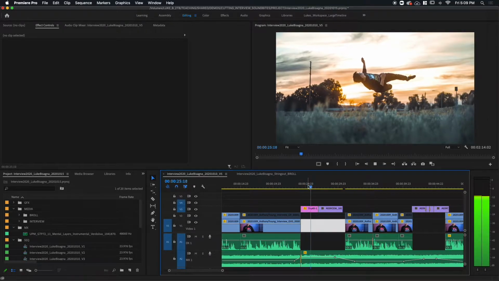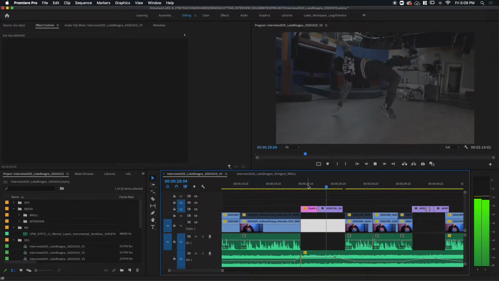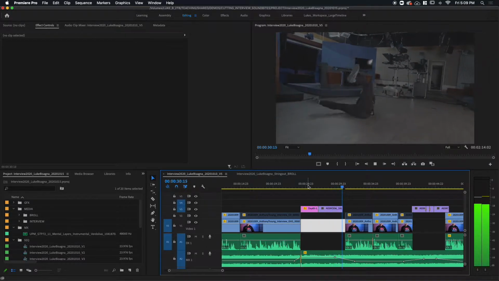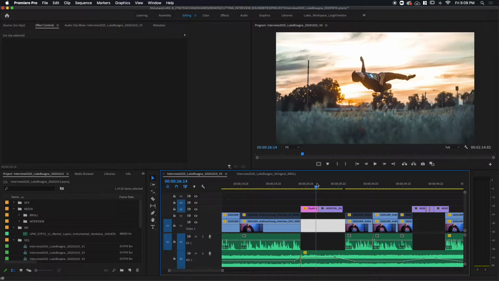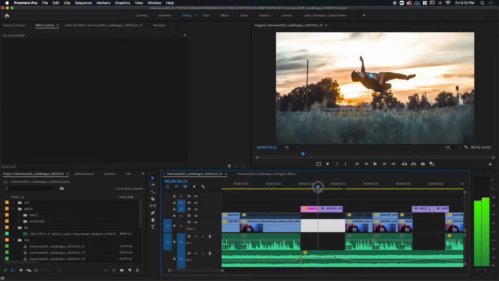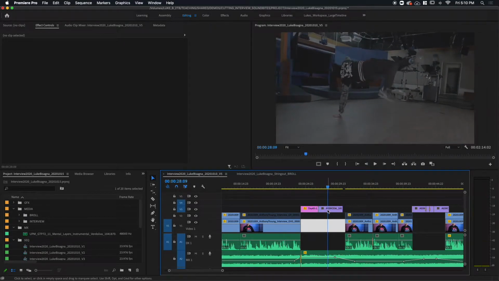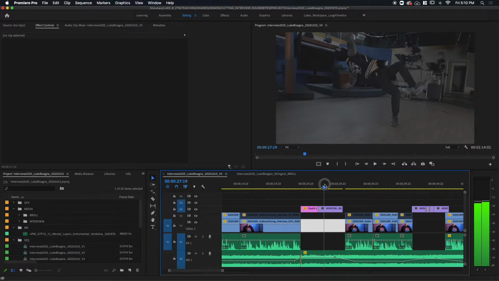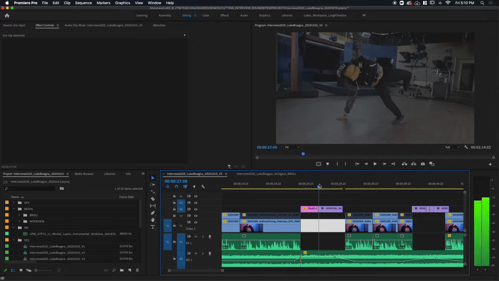Play through. Cool thing. Okay, so I think I'd like to use the beat structure of the song to my advantage with what's going on in the shot here. And in particular, what I really want to do is have particular points in the shot where his feet and hands contact the floor be lined up with beat points in the song. And in particular, what I want to use is the snare hit that happens a little bit later in the clip here.